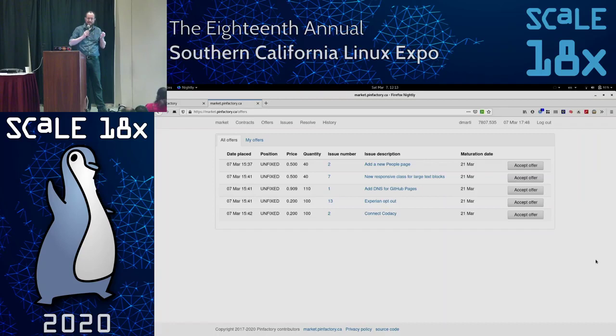In that case, the degenerate case of bug futures, it turns into a simple prediction market where people are just trading on whether or not a certain thing will happen, and not so much an incentivization market. Prediction markets and incentivization markets are related. You can use a lot of the same code for both, but when you've got a true incentivization market, you've got more of the money feeding through to the people who do the work.